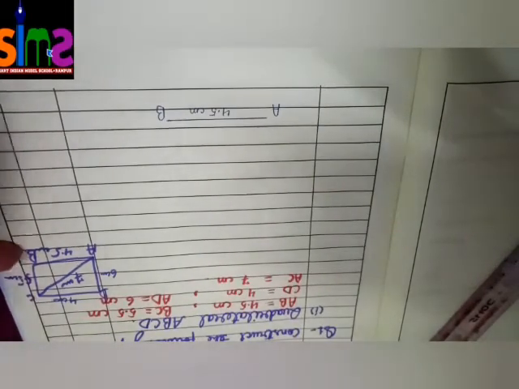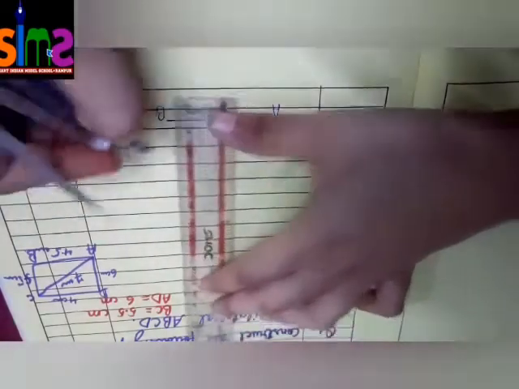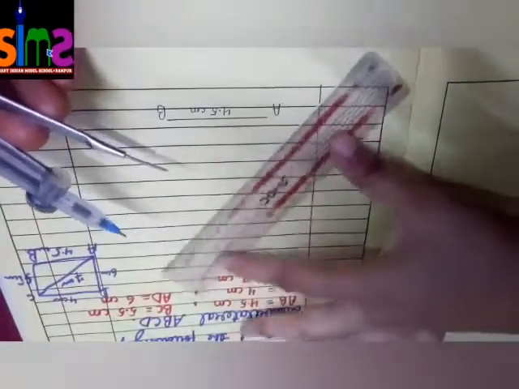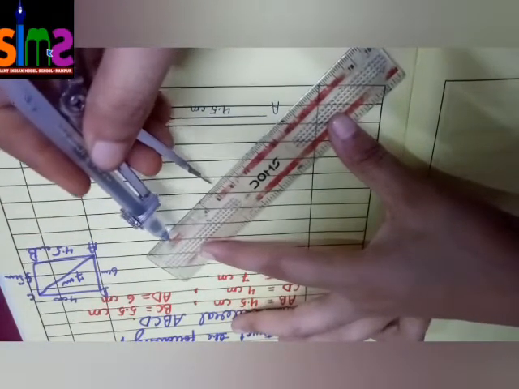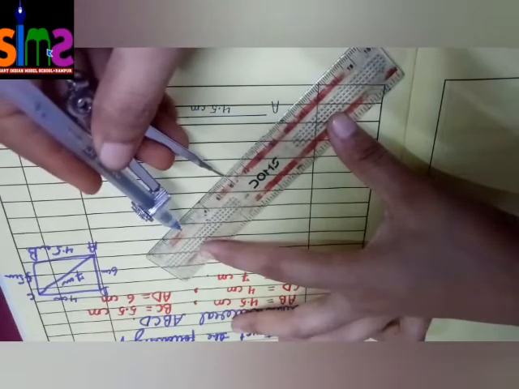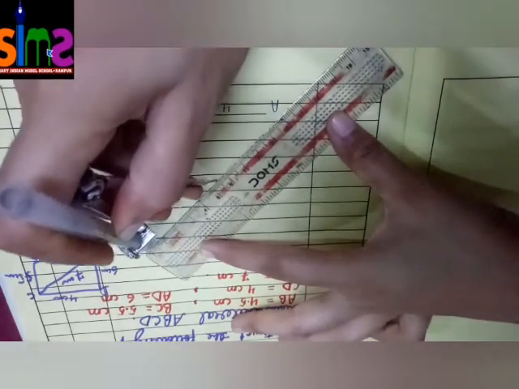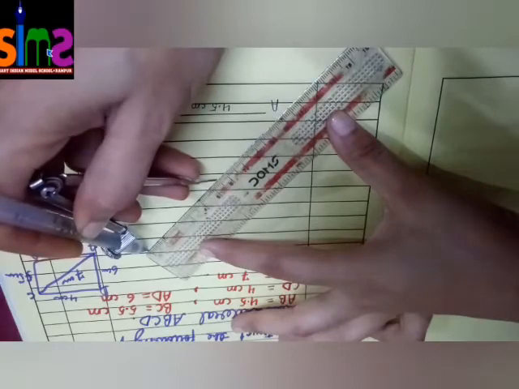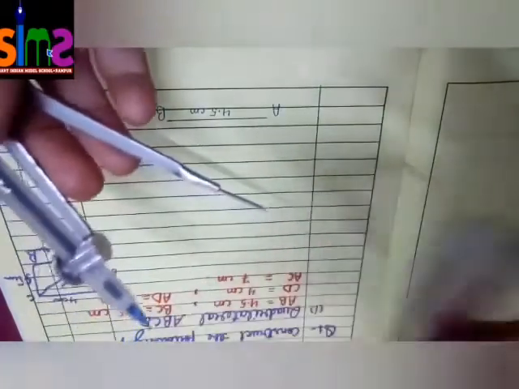After that BC is 5.5 centimeter. Now we will not use scale to draw a line of 5.5 centimeter. We will not do this. First of all, we will measure 5.5 in compass with the help of scale. As you can see that here is 0 and 5.5 is here. It is 5 and it is 6. So 5.5 is in the middle of 5 and 6. From 0 to 5.5 we have measured in compass. This measurement is of 5.5 centimeter.